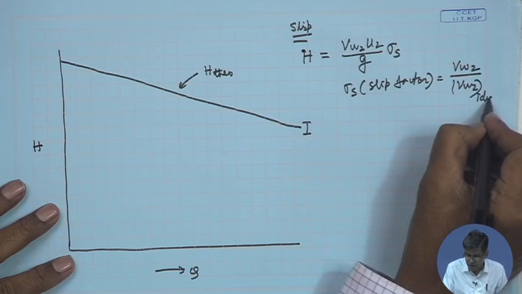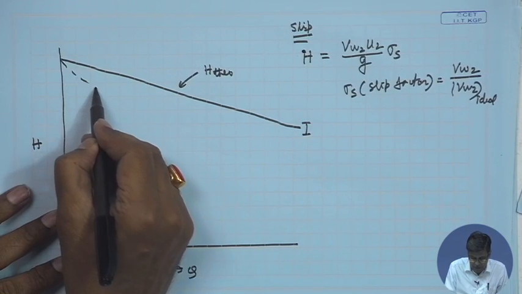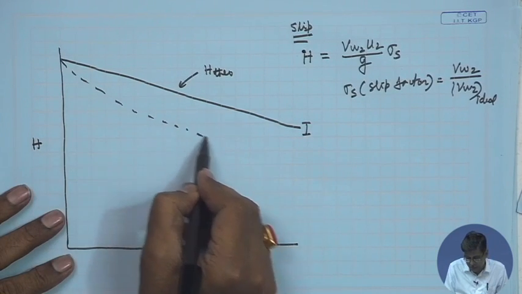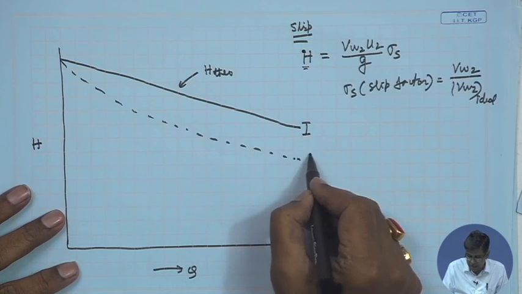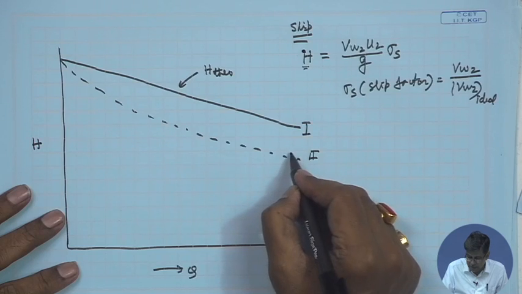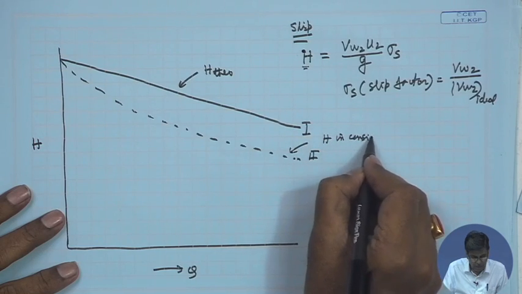Now, with this, if you draw, this is increasing with flow rate, the curve is diverging, take care of that, and draw this H, then this is the curve 2, which is H in consideration of